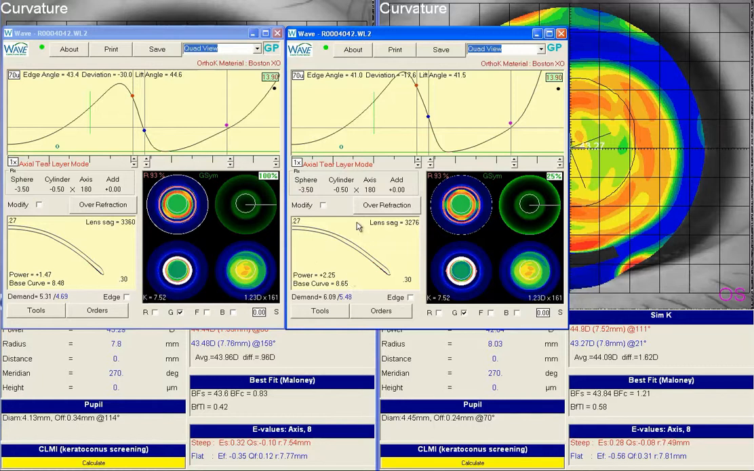I think the same changes for the left eye make sense, and I would just duplicate those to the left eye. And hopefully that will take care of your patient's vision, keep the lens still comfortable, and stay